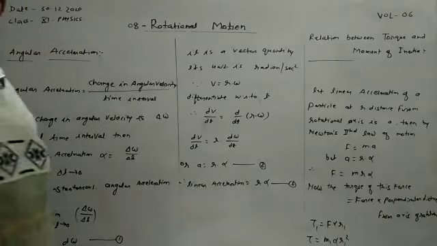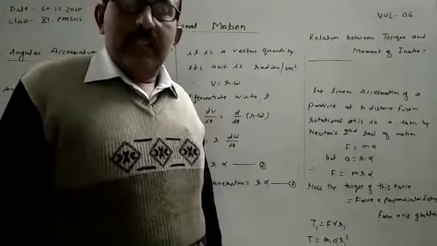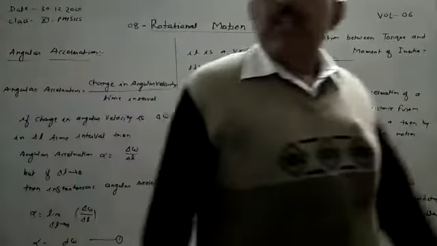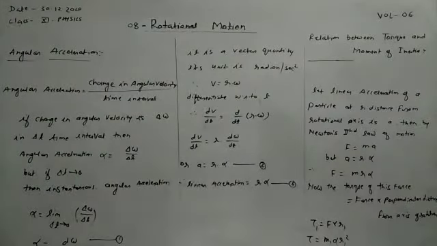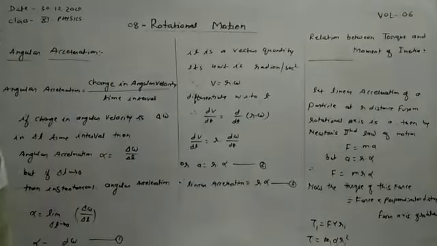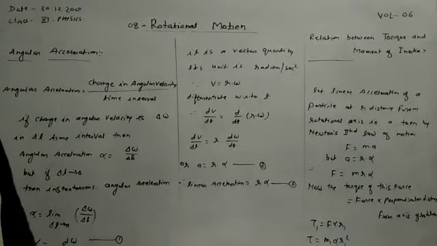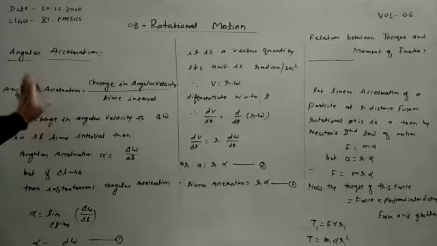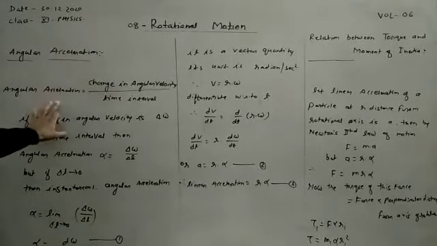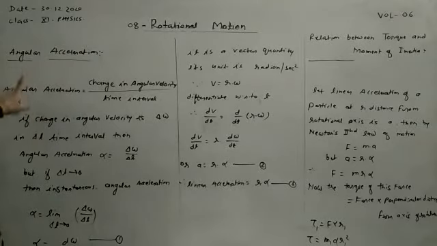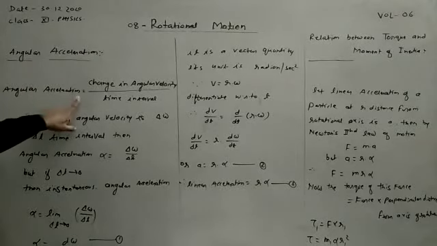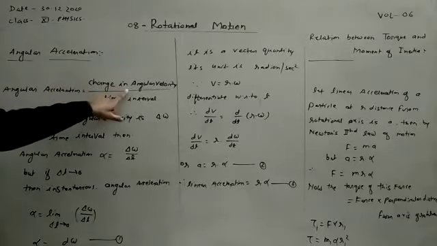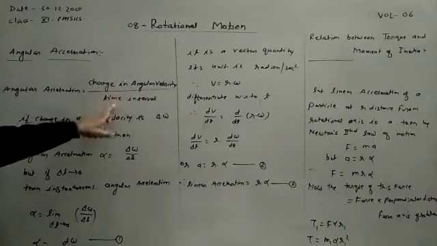So what is the meaning of angular acceleration? Angular acceleration means the rate of change of angular velocity is called the angular acceleration. Okay. So the definition is the same as linear acceleration. So the rate of change of angular velocity is called the angular acceleration. So according to the definition, angular acceleration will be equal to the change in angular velocity divided by the time